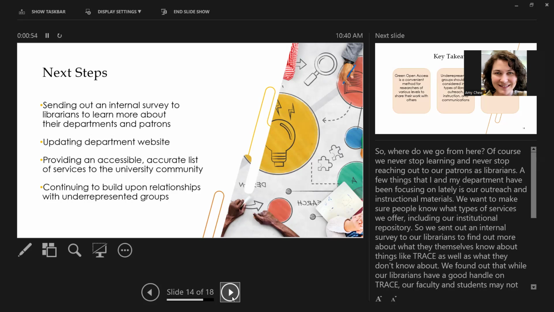We have a lot of subject librarians that we like to work closely with, and they're the ones who know best about what their faculty and students are up to at any given time. So we wanted to honor that and build that relationship with them and see how they are doing. And we learned from that most people in the libraries understand Trace, or at the very least they know it exists and they feel decent about that. But a lot of people have said that the faculty, staff, or students they deal with do not know what it is, have never heard of it, don't use it, and are confused.